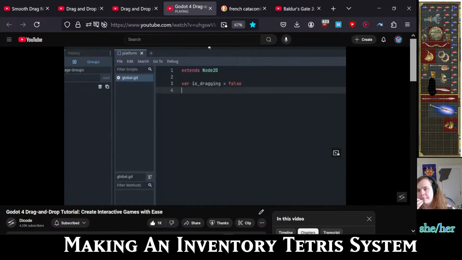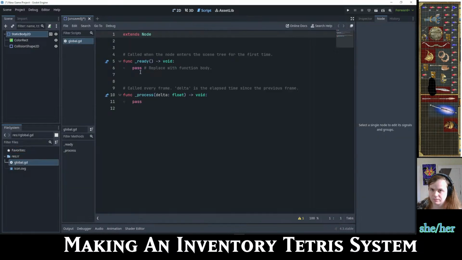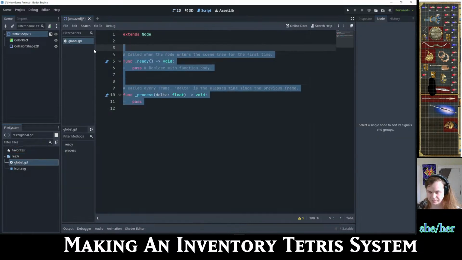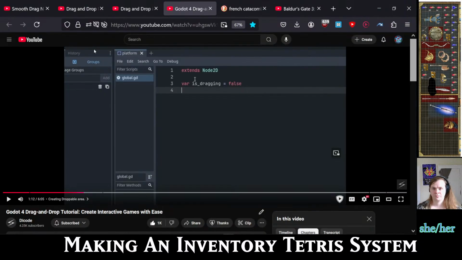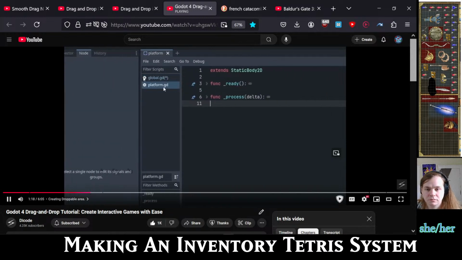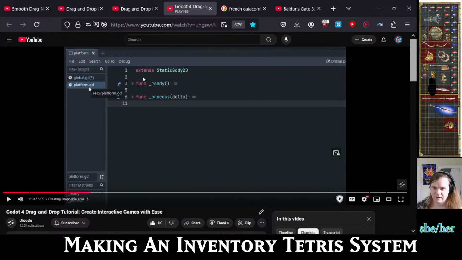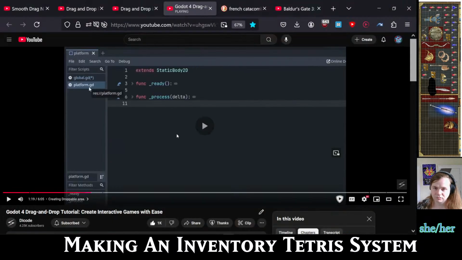So in this script, we will define an isDragging variable to track the drag state. Now let's create a script for our droppable area. Okay, so we actually haven't attached a script to anything. This thing needs a script. Function,